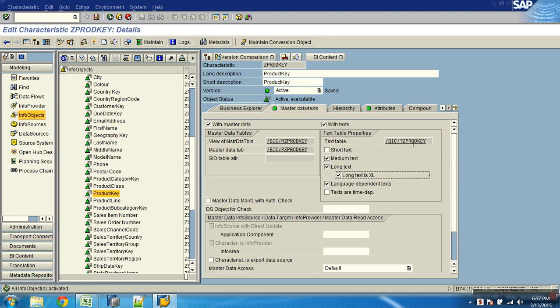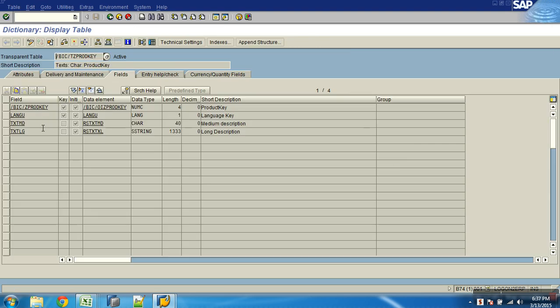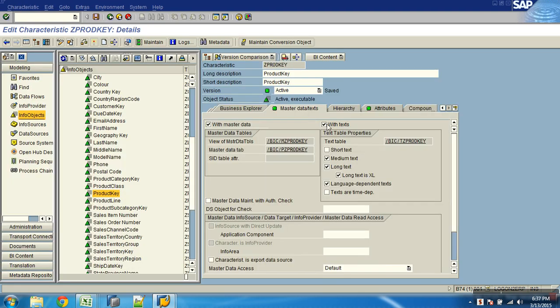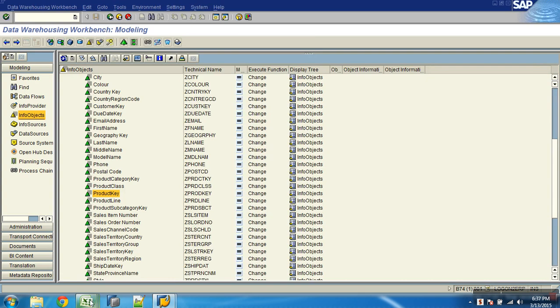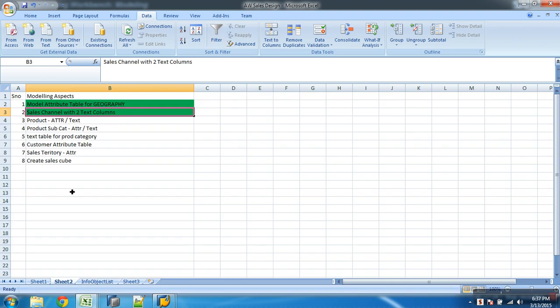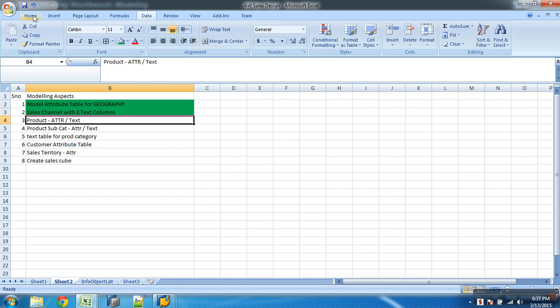If you go to my text table, you'll start seeing medium and long. One is of length 40 and one is of length 1333. So like this I can model my attribute table and a text table for product key. Done. That is what we planned yesterday. Product attribute table and text table. Done.